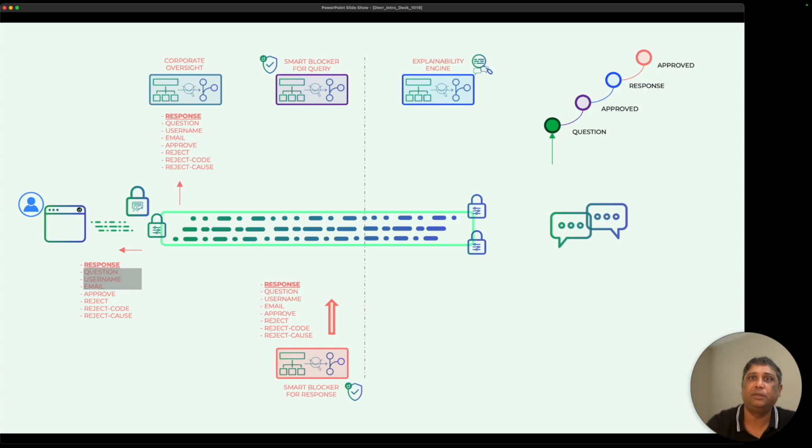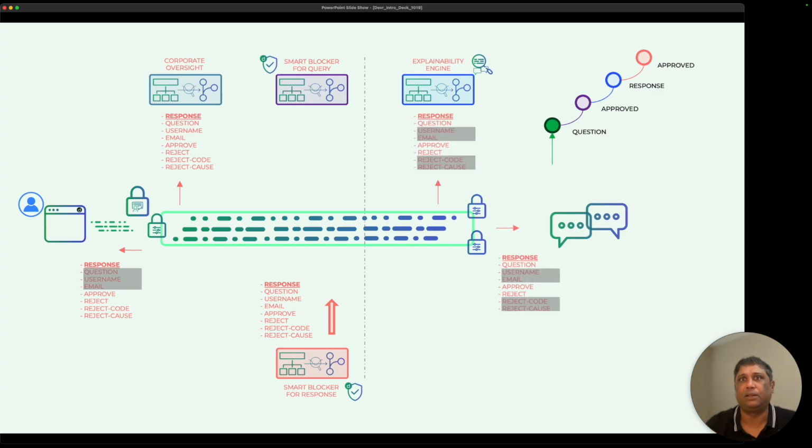But in addition to that, we can also provide some minimal information back to the large language model and also to the explainability engine. And what this does is now we've completed the circle that allows that explainability engine to provide that granular traceability to be able to explain the question and the response.